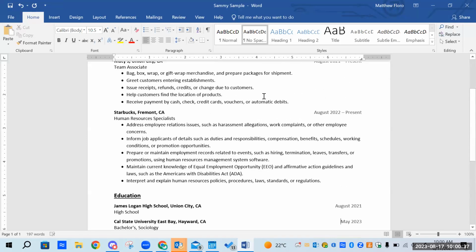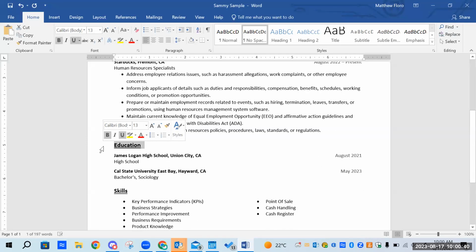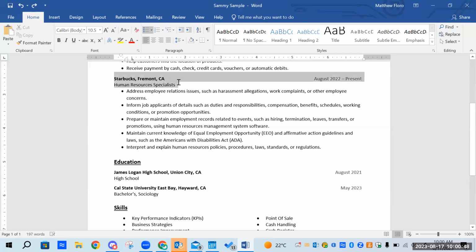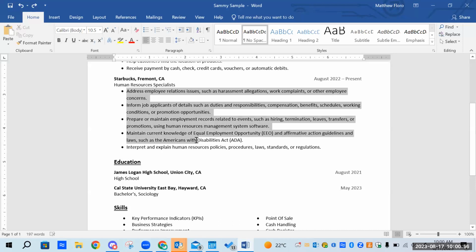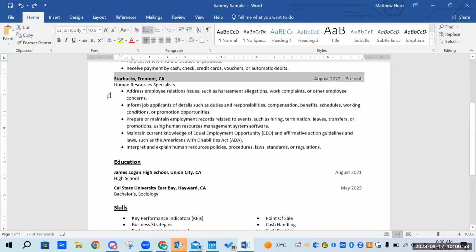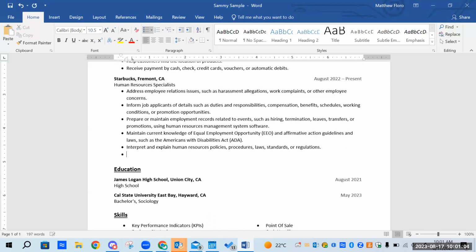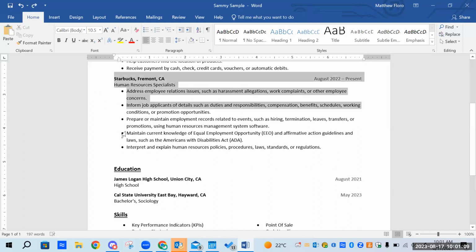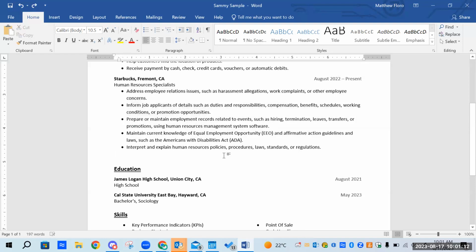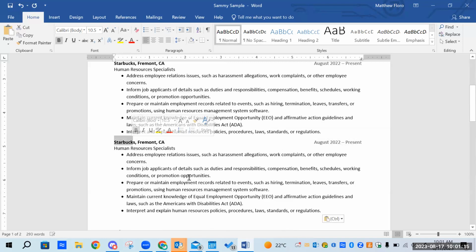So one thing I like to do is add a section that's specific for volunteer work or entries. Or you could also copy and paste. Where is the location and the company that you volunteered for? And then accordingly, you can add the bullet points. So for example, let's say I wanted to add another entry. I copied the beginning of that section. If I copy the whole entry and then just paste it, I can just say